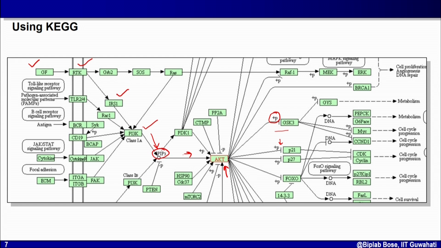And in this way, you can easily see which molecule is controlling which molecule and how the control works, either through phosphorylation, dephosphorylation, or through transcriptional process, like if the molecule is a transcription factor. So in this way, you can search through the KEGG database and collect information about different molecules involved in a pathway and how they are connected with each other. So whatever information you collect from literature gets supplemented by the information present in the